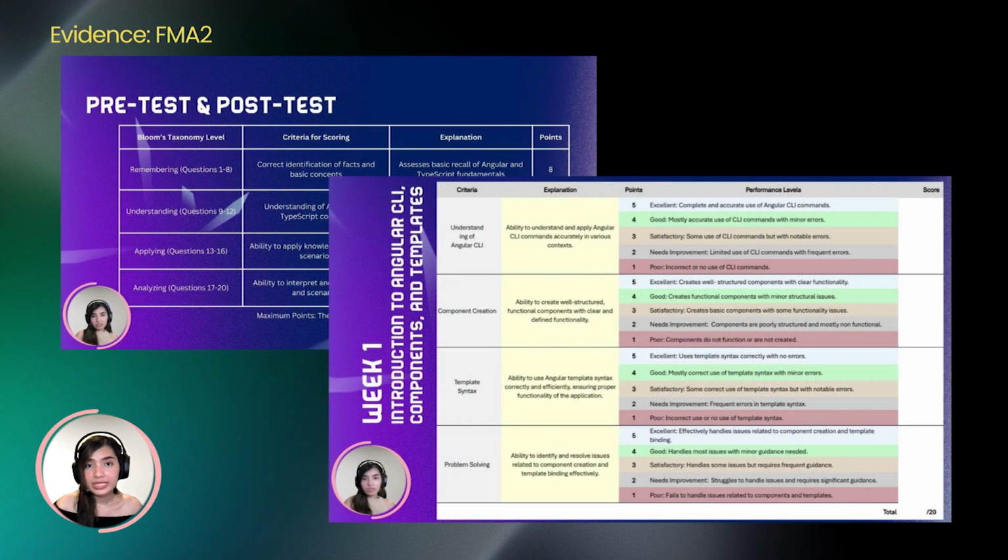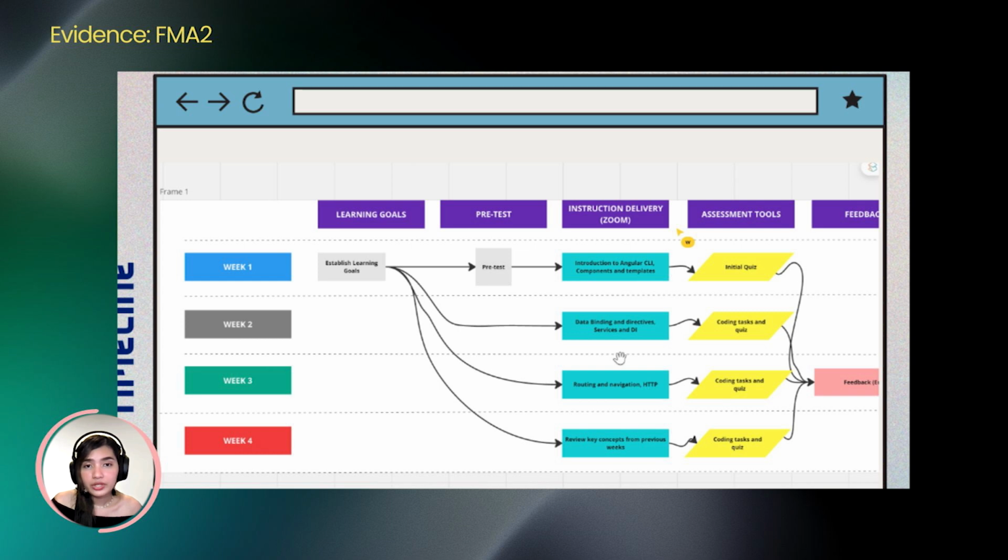To ensure the assessments are meaningful and aligned with instructional goals, I developed rubrics and criteria as part of my FMA2. These tools provide clear, consistent guidelines for evaluating student performance. In addition to the various assessment instruments, I have also provided a structured timeline for implementing these assessments. This timeline outlines how each assessment type, including multiple choice questions and coding tasks, aligns with the specific stages of